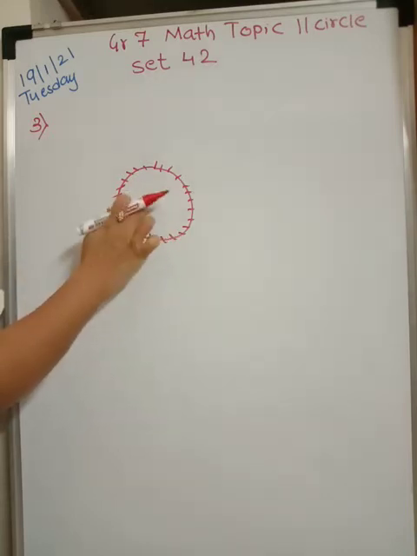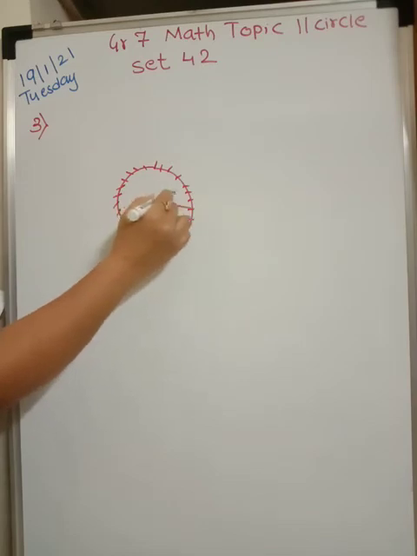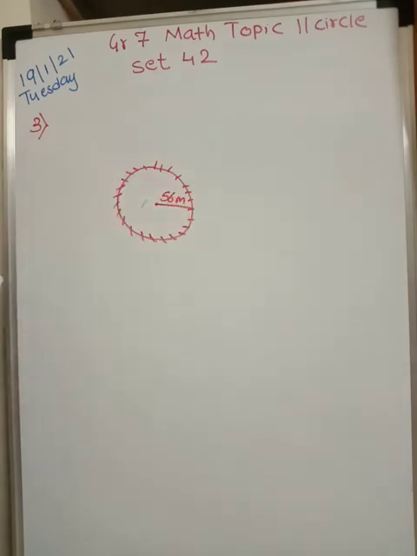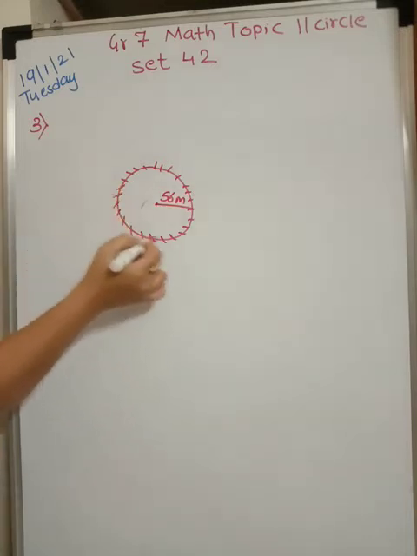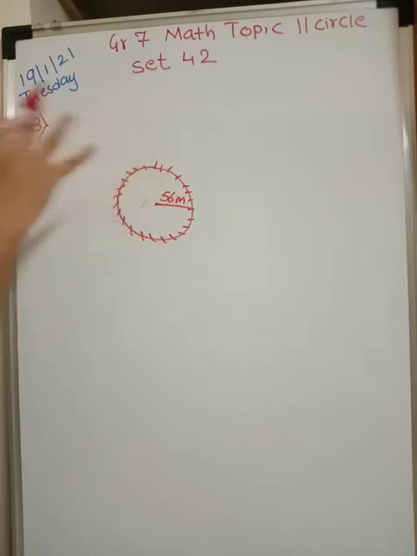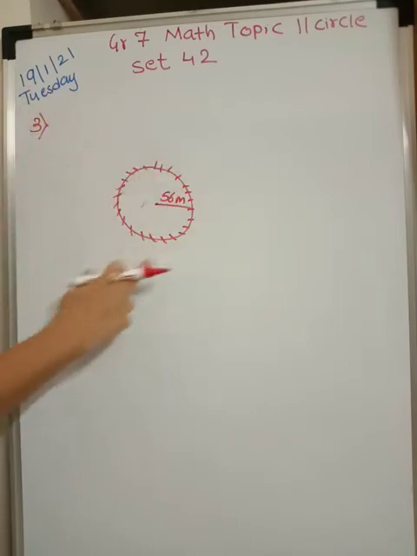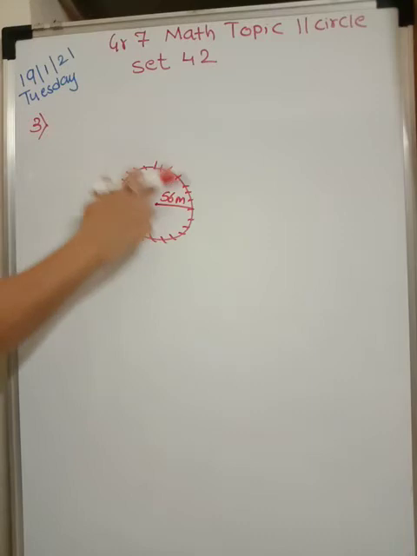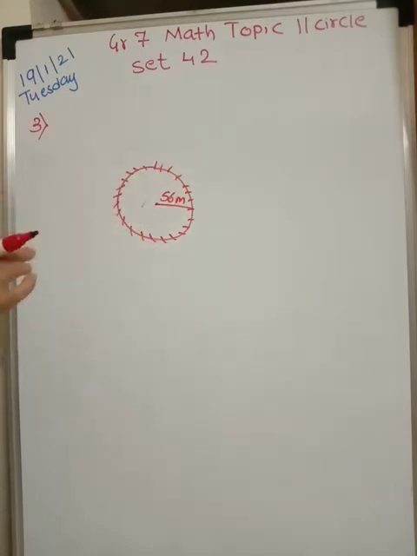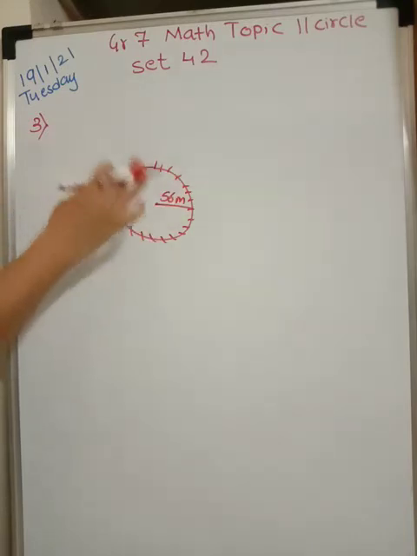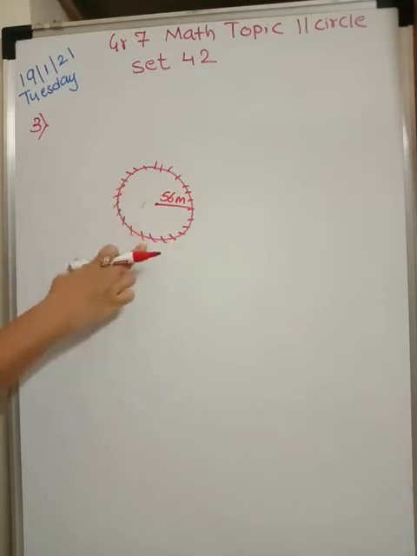So the radius of a circular garden is 56 meters. From here, if this is the center of the garden, this is 56 meters. They have said, what would it cost to put a 4 round fence around this garden at a rate of 40 rupees per meter? So this is one round of fence like this. How many rounds are you going to put? 4 rounds. Then you will have to calculate the total meters of wire or whatever material you are using to put the fence. First calculate the circumference, multiply it by 4, and then multiply with the rate which has been given. That will be the cost.